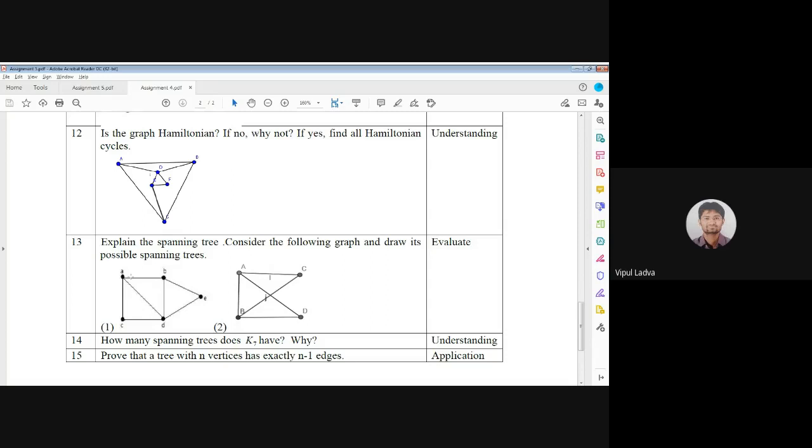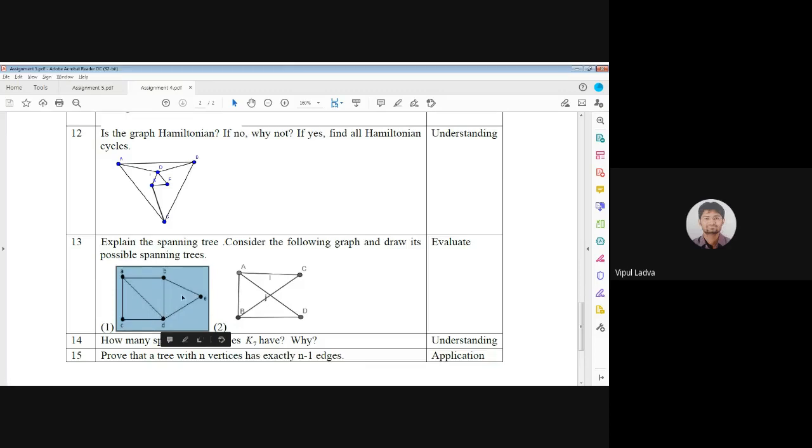Before that, you must be clear about the spanning tree. What do we mean by a spanning tree? A spanning tree is a subgraph of the actual graph, a subgraph which includes the entire vertex set. So we are looking for such a subgraph which includes the entire vertex set of this graph. And let me give you the hint for the first one: there will be 21 different spanning trees for this particular graph, okay?